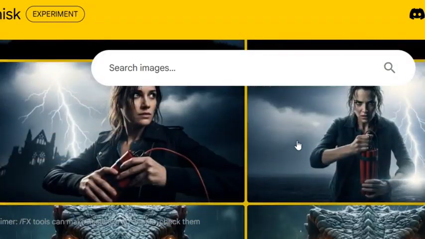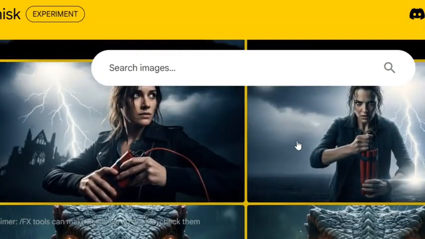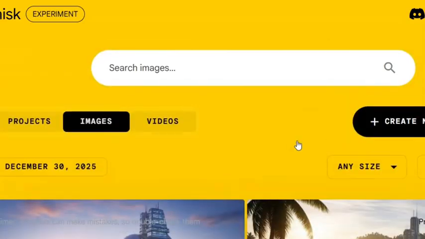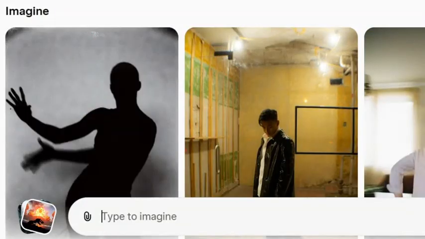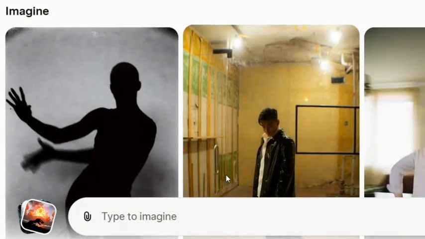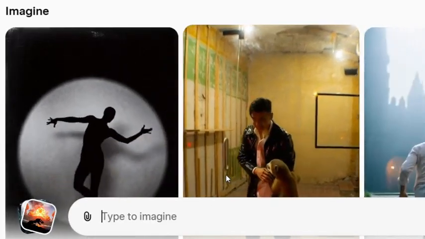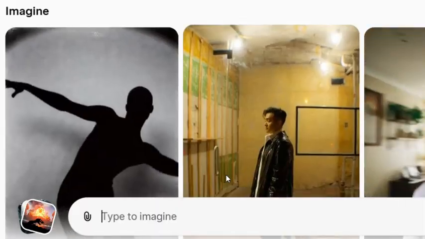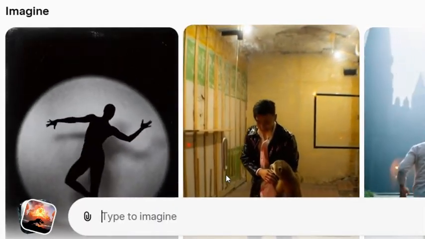Now, after you successfully generate all your images, the next thing you are going to do is to convert your images to videos. Yes, you need to convert your images to videos. And to do this, you need to use this AI tool called Group AI. I've been talking about this AI tool in my videos. In fact, in all my videos, I use Group AI to convert images to videos, to also generate images and to also generate videos from prompts.